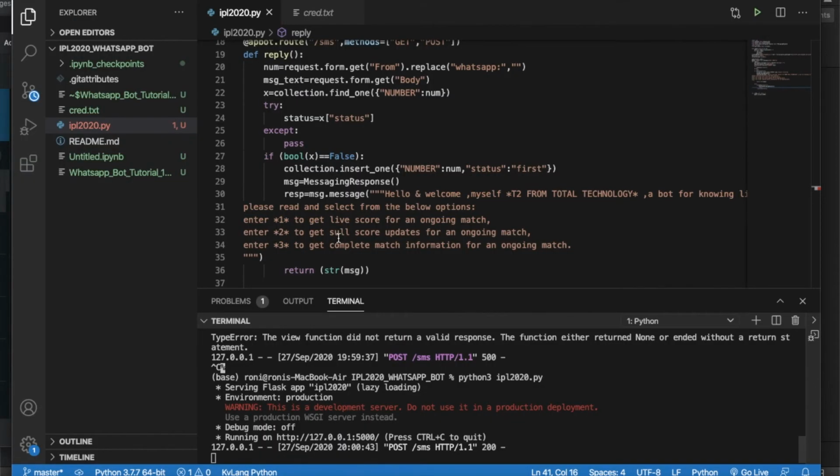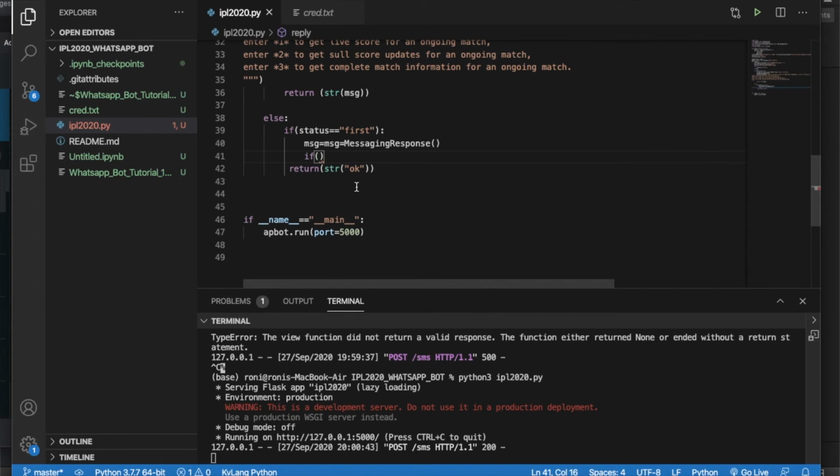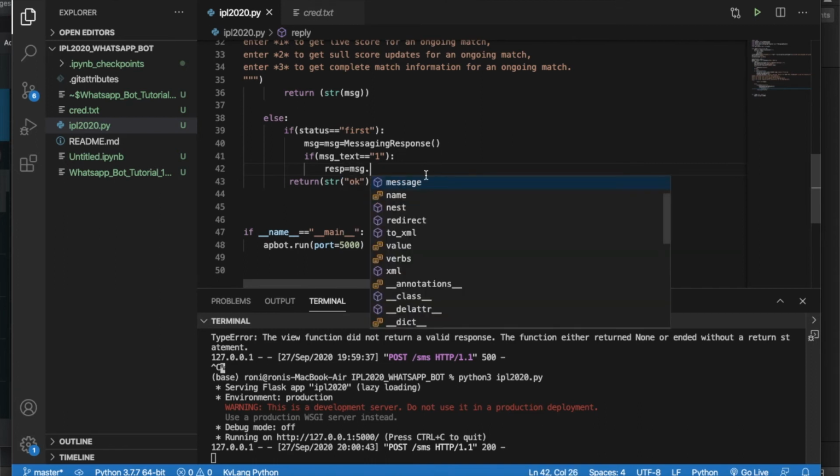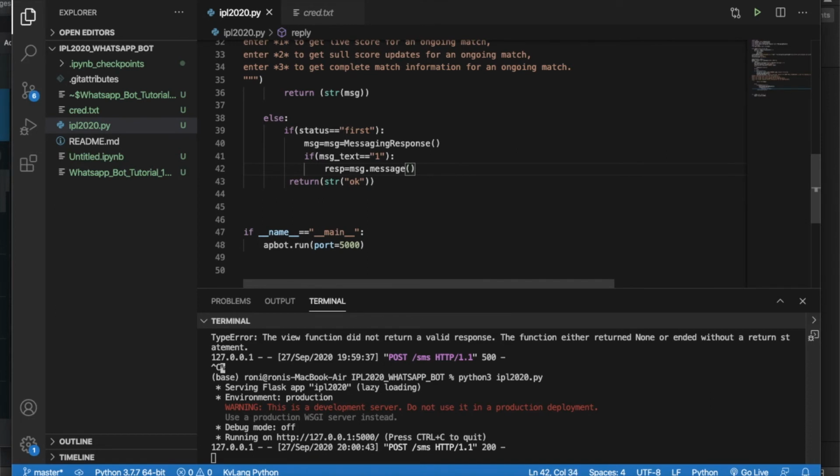So here I will write msg underscore text equals to 1. If this is 1, then probably resp equals to msg dot message. Let's see, I'm just writing this dummy option.